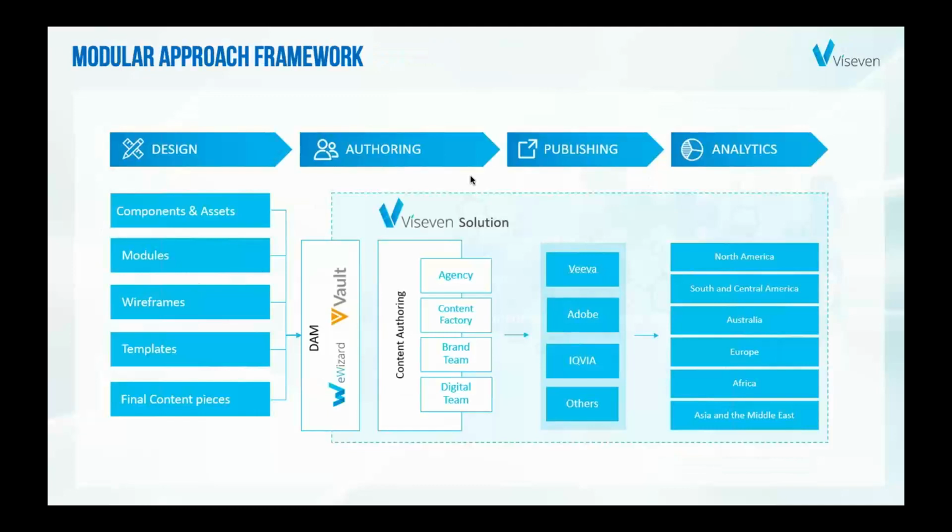So from the process point of view, it goes like that. We have a sort of library for designing our content that consists of components, assets, templates, and wireframes that are then combined together and populated with the proper approved messages and proper approved media from the digital asset management system, where you basically mix and match the different modules within one of the channel templates that you select.